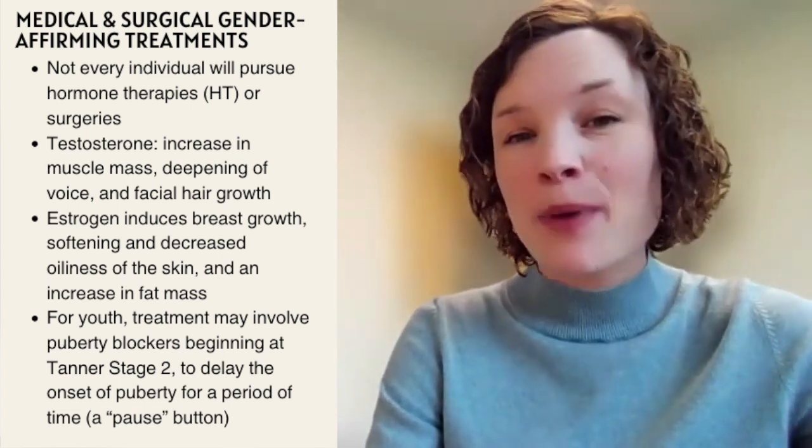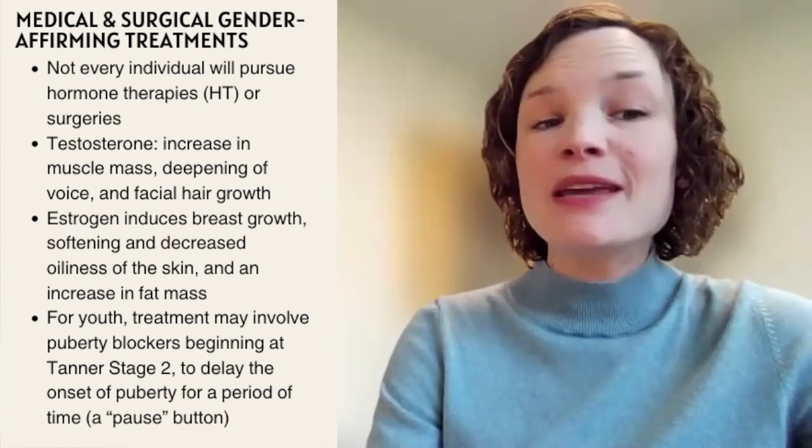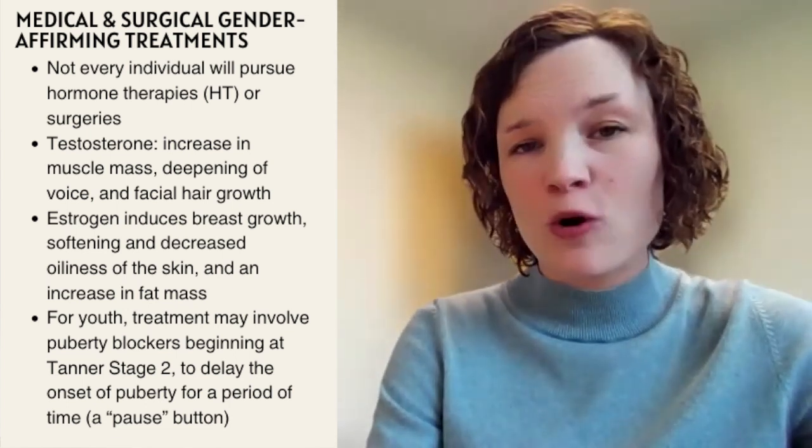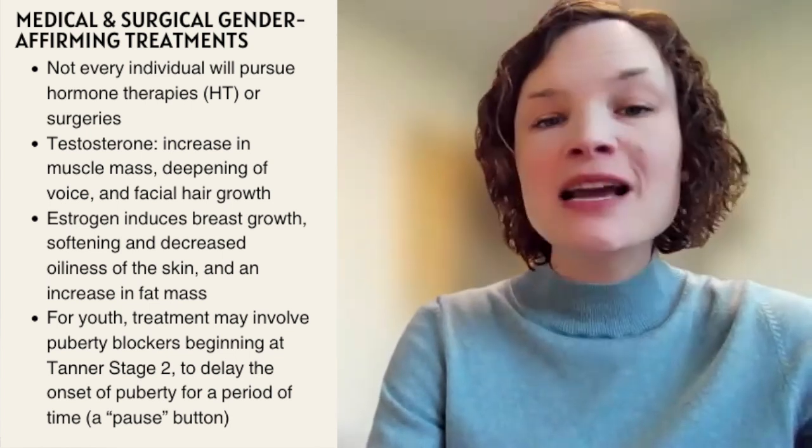We can think of this as like a pause button on puberty until the patient can then begin masculinizing or feminizing hormone therapy, or can go off of the medicine, go off of those puberty blockers, and then allow puberty